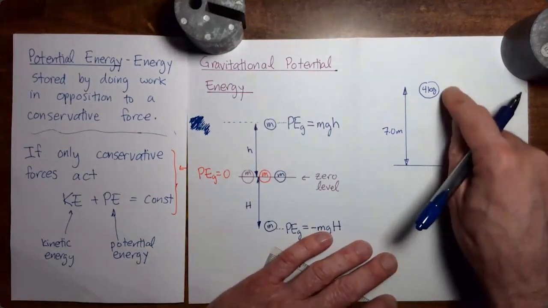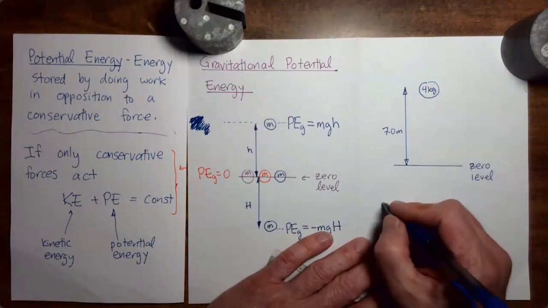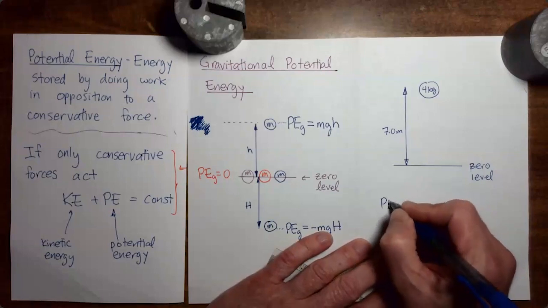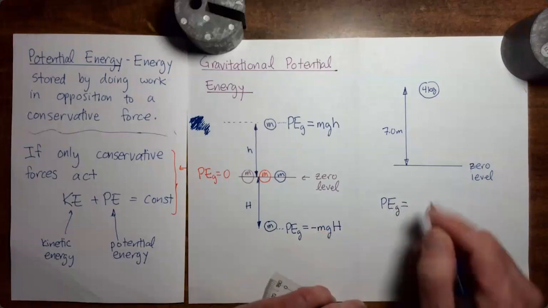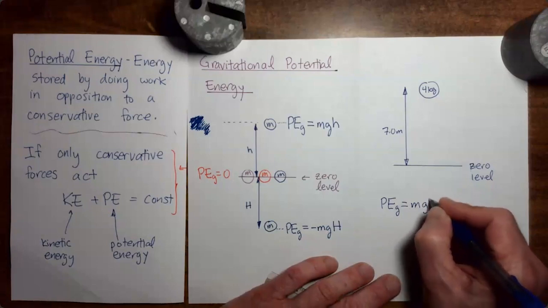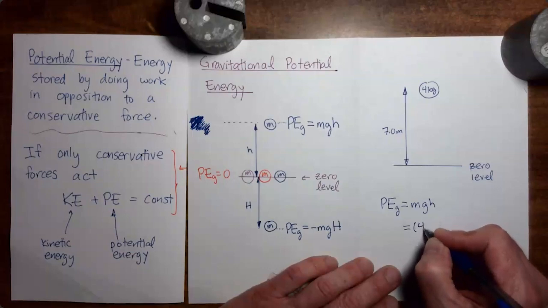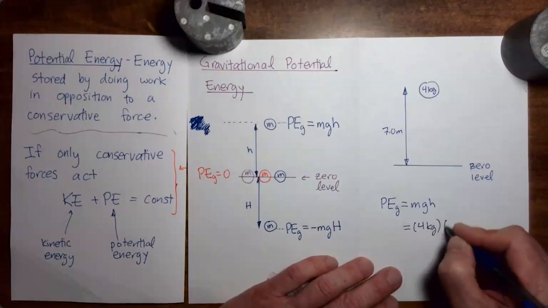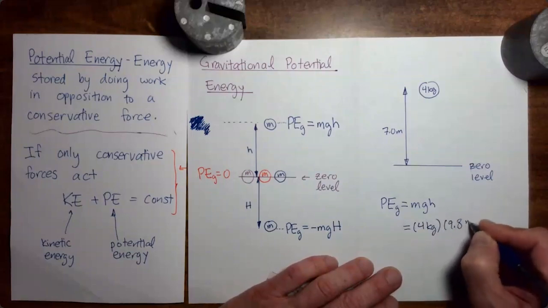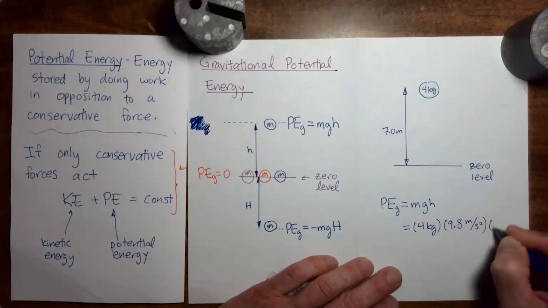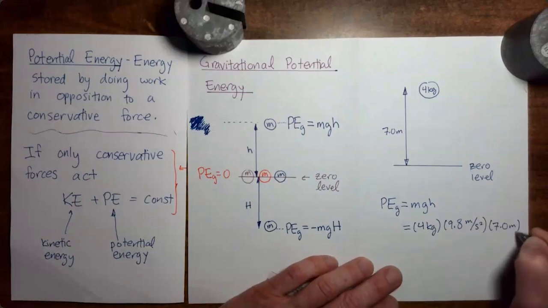What would be the gravitational potential energy of that object? So we'll just start with the formula. Gravitational potential energy equals mgh. So our mass is 4 kilograms. Little g, as usual, 9.8 meters per second squared. Height 7 meters. I get